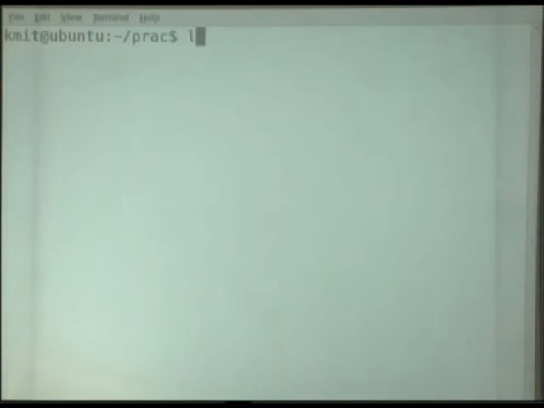Now I want to create a soft link. Okay, ln. For creating a soft link we'll use the option -s. And here we'll give which file name you want to create a soft link to. This file A, to file A I want to create a soft link by the name file B, for example.